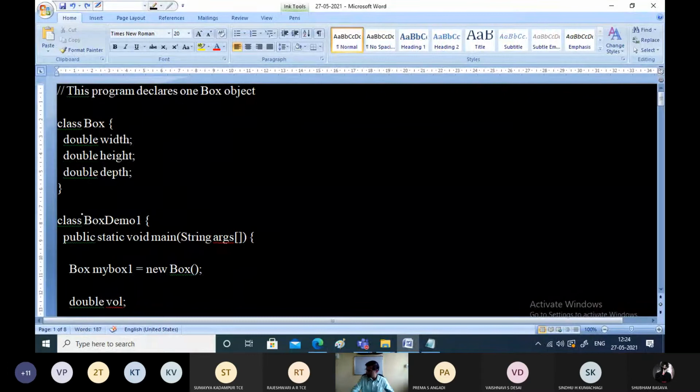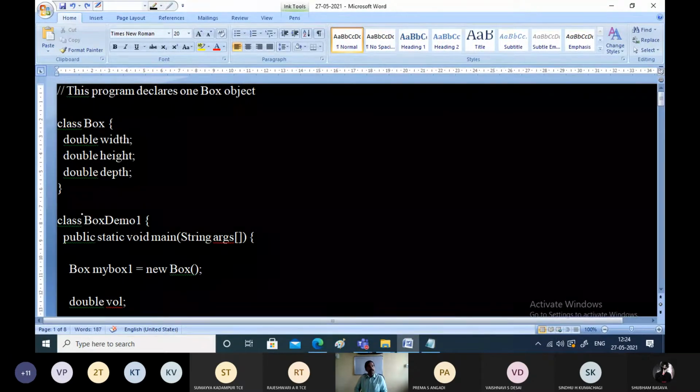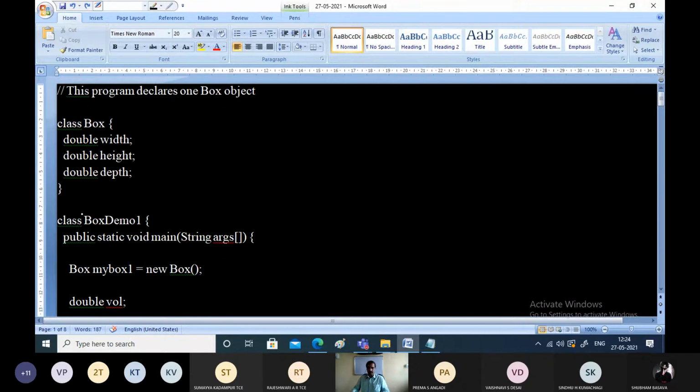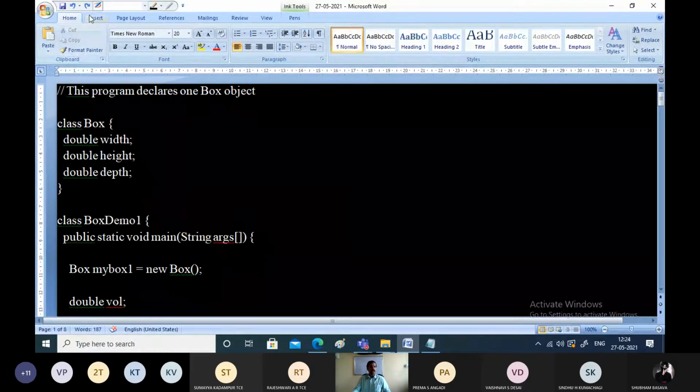Now, in this class, we are studying how the Box class can be defined and how the different functionalities of the box can be implemented with the help of a Java program. So this is the Box class, which is going to represent, symbolically or conceptually, the box which has three dimensions, that is height, width, and depth.